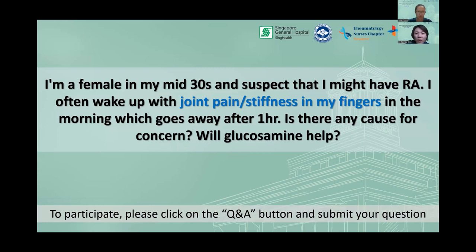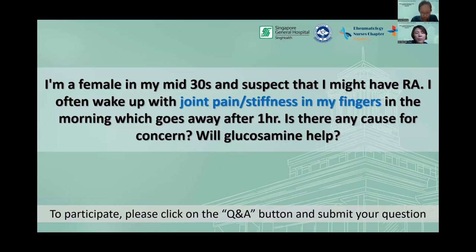Sure. Thanks for the question. So joint pain and stiffness in the fingers lasting about 1 hour would be considered significant by a rheumatologist. So we would recommend that you seek professional advice from a rheumatologist, and then we can evaluate the symptoms clinically through your story and by examining your joints via physical examination. And then we will do a complete assessment using some blood tests to check for any inflammation in your body, and supplement with any x-rays or ultrasound as needed.